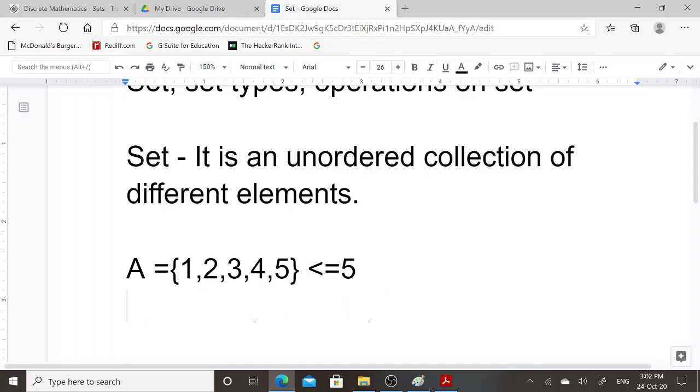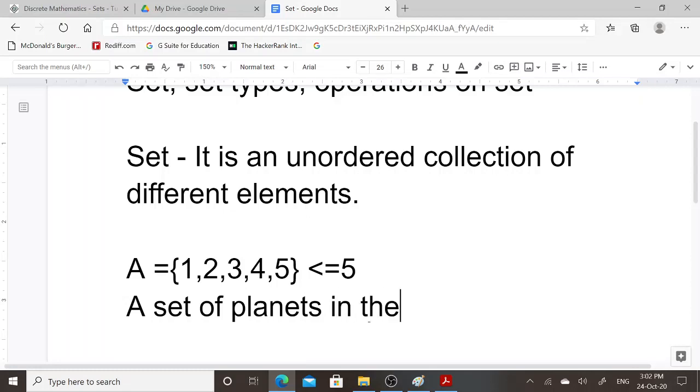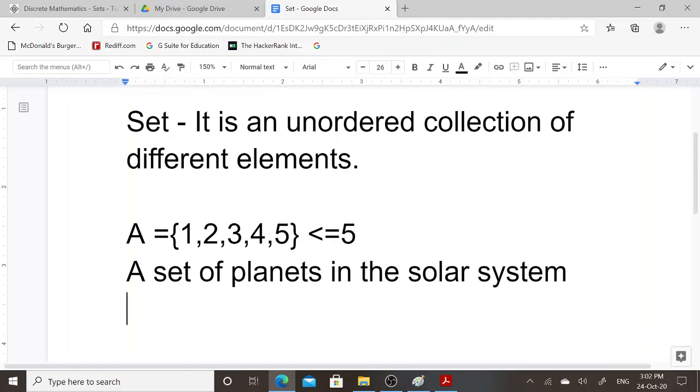Another example of set is a set of planets in the solar system.